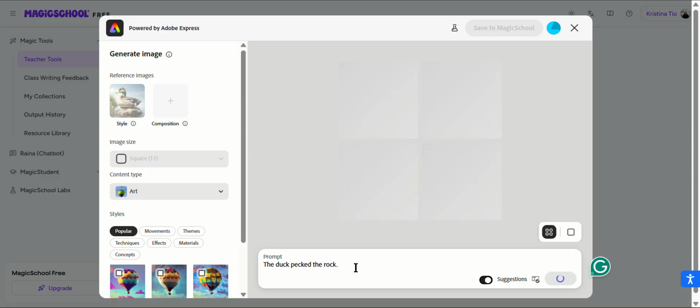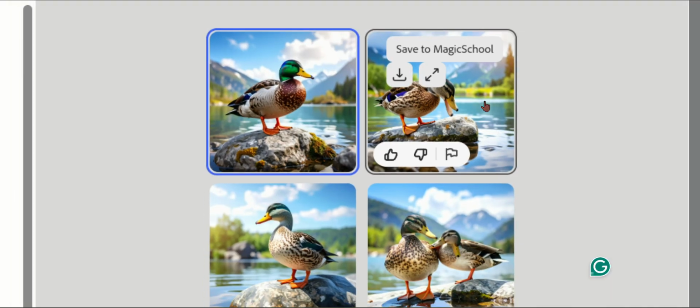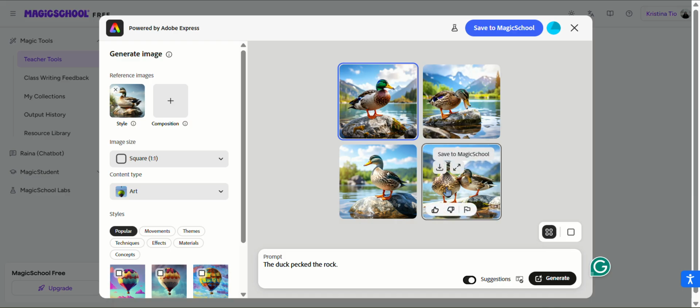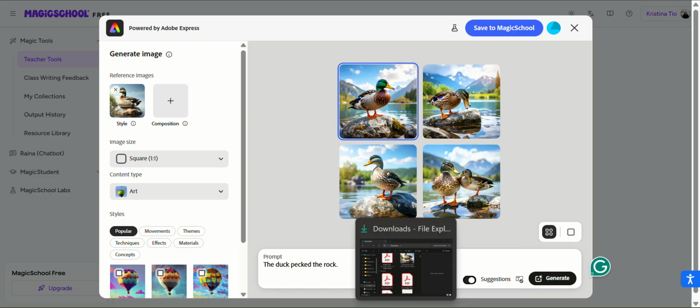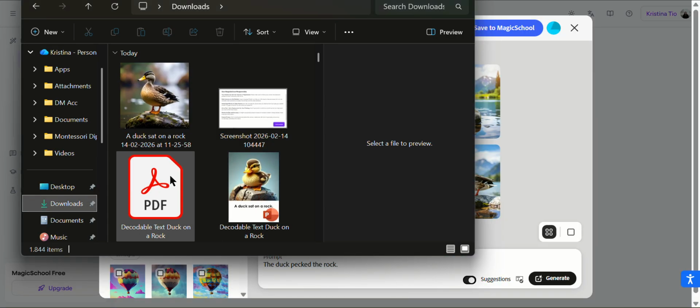Hopefully it worked. There you go. I think you can use this one. It stays true to the style, and then it is closer to the rock. So you can save this, and then you can generate more images. And I would like to just share with you the one that I made in the end